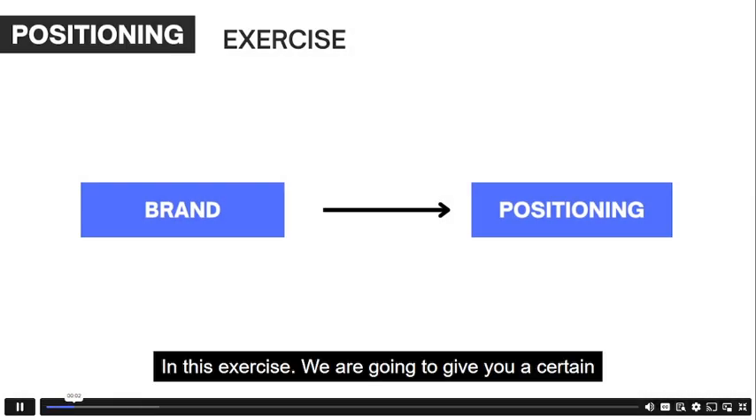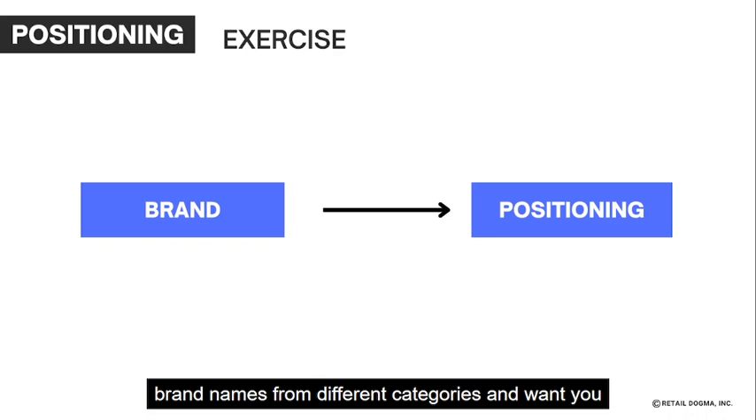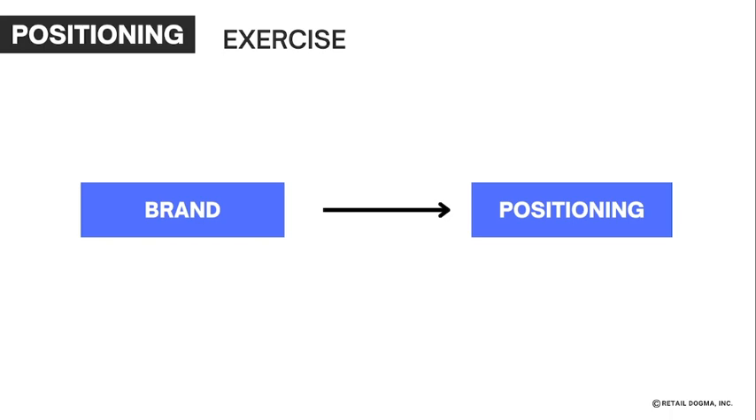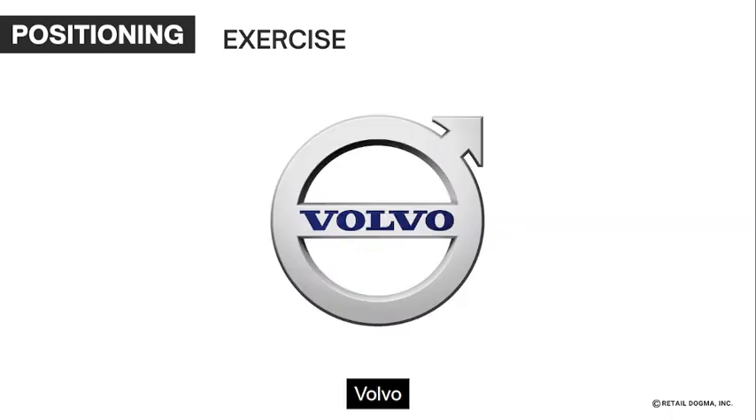In this exercise, we are going to give you certain brand names from different categories and want you to write down what you think their positioning is. Let's start. Volvo,